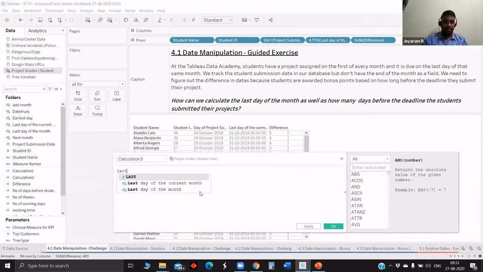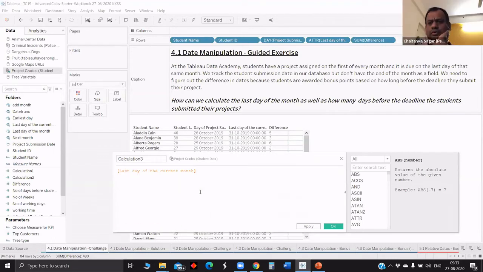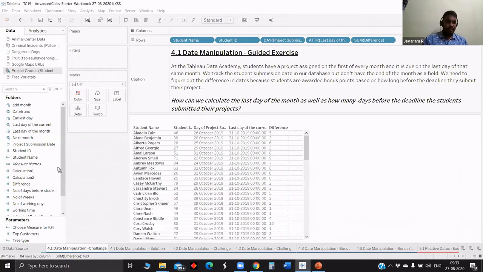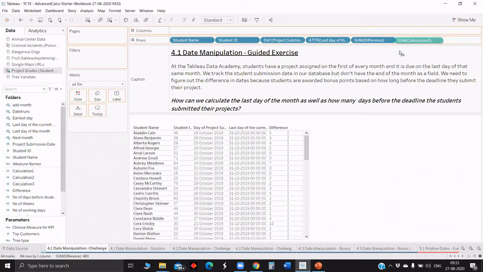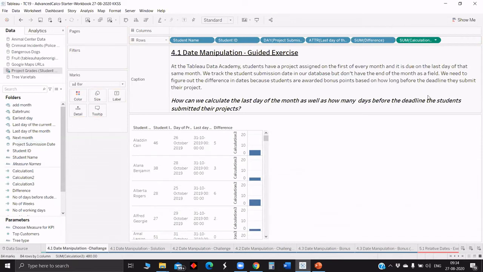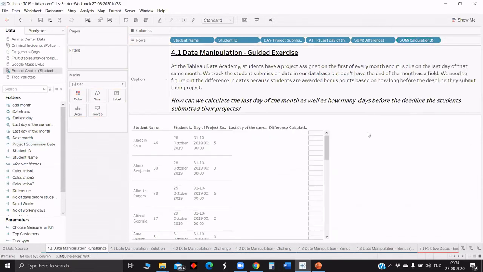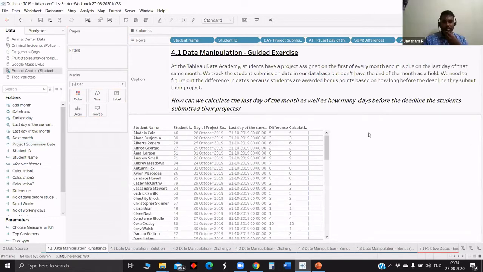Maybe we will try last day of the current month minus project submission date, right? Yeah, it works. Generally, in some cases, we face the issue of cannot subtract between two dates.